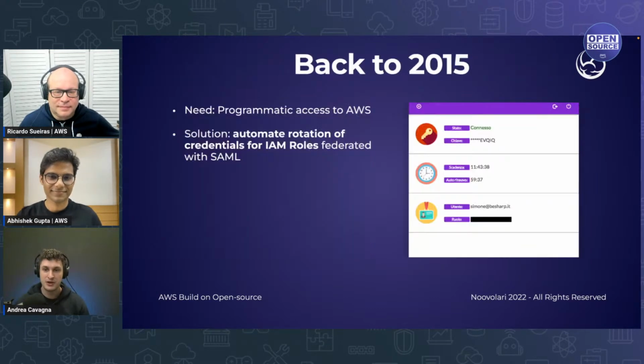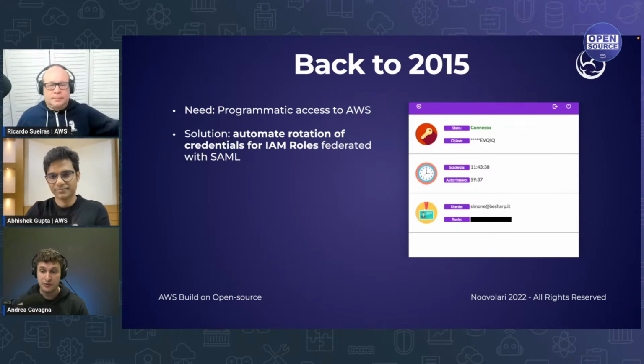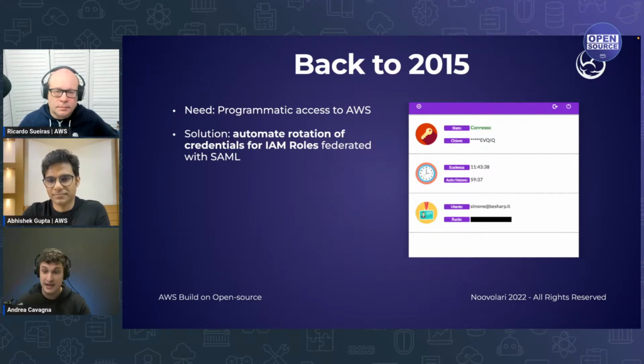At the moment, back in 2015, so early, AWS introduced IAM role federated. So we decided in our organization to generate IAM role federated with our identity provider, G Suite at the moment, and we created a solution for accessing the web console, but there was no solution for accessing AWS programmatically, with credentials. So we generated a small tool that extracts some assertion and generates a set of short-lived credentials.